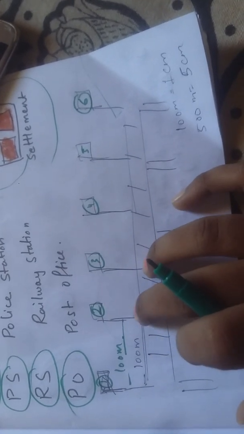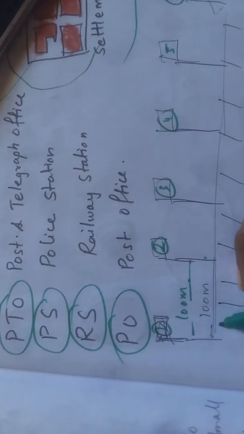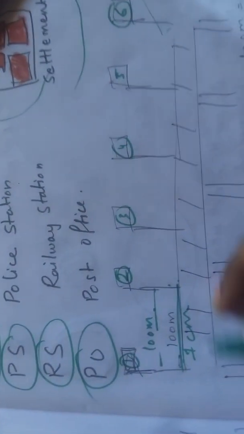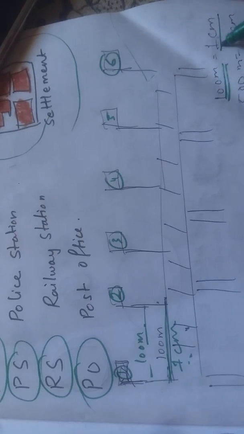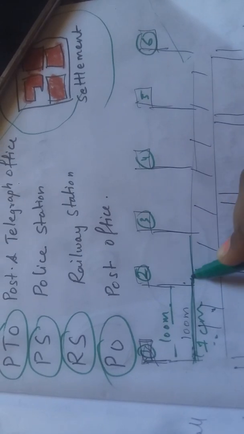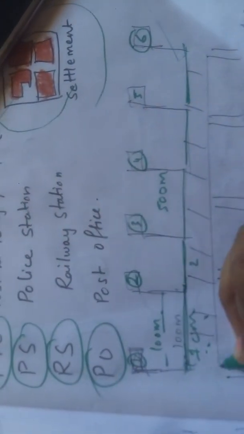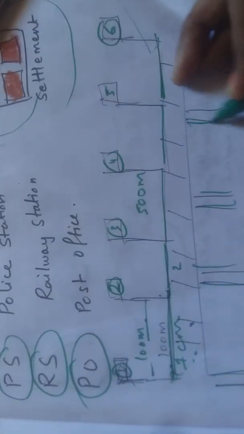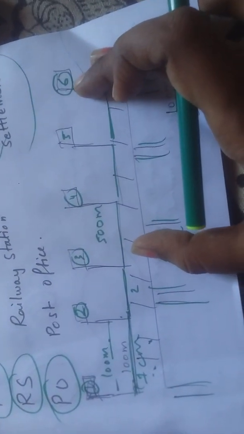We can't draw 100 meters here on the paper. So what we will do is represent 100 meters as 1 centimeter. That is the scale: 100 meters is equal to 1 centimeter. So here we have drawn 5 centimeters: 1, 2, 3, 4, 5. The 5 centimeters represent the 500 meters of the bridge, and it shows the model of the bridge. So like this, by scale we can represent things in a very small and easy way.